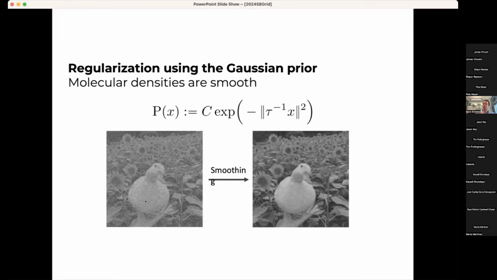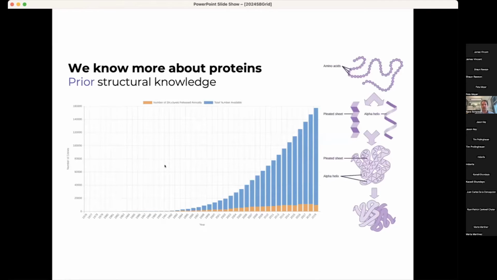But of course, we do know a lot more about the reconstructions that we're going to make with Relion. Even if we haven't solved the structure yet, we probably know it's made up of proteins or nucleic acids, and the amino acids in the protein form chains which fold up in secondary, tertiary, and quaternary structures, all of which we have information about from the PDB from many decades of structural biology attempts.